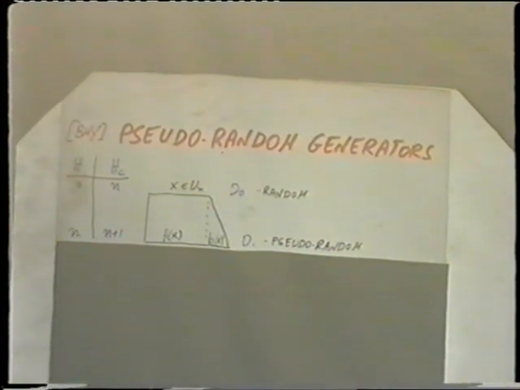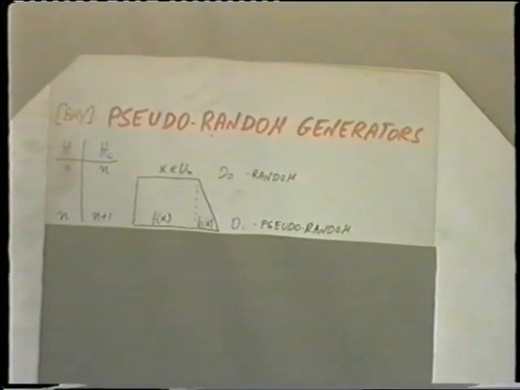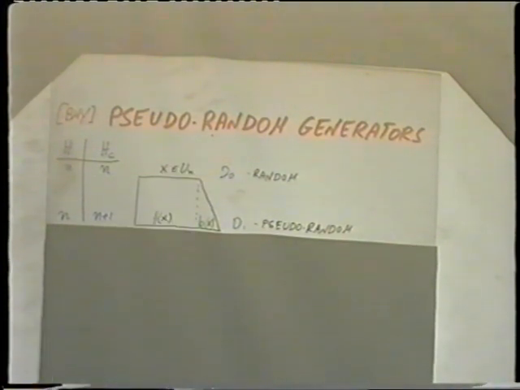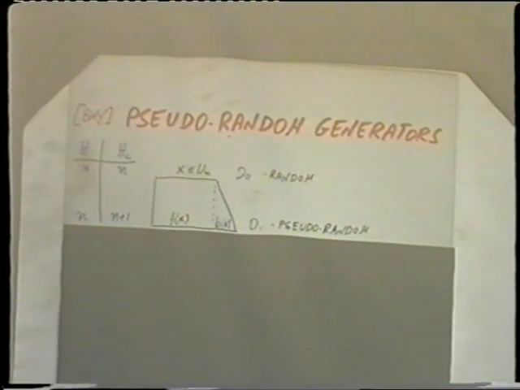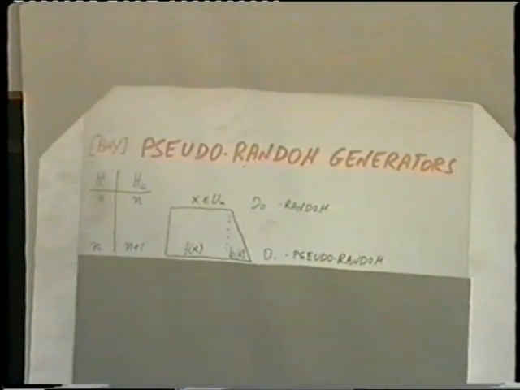We have a pseudo-random generator. This process takes a uniform distribution on n bits, this is D0, and efficiently builds from it f of x, b of x, which is an n plus 1 string whose computational entropy is n plus 1. It's indistinguishable from